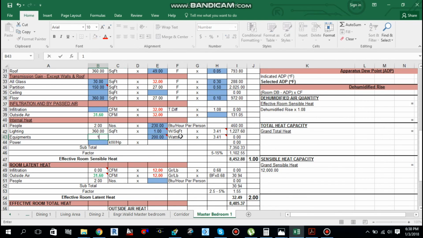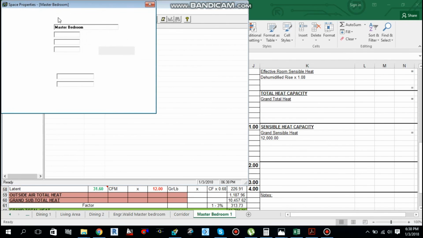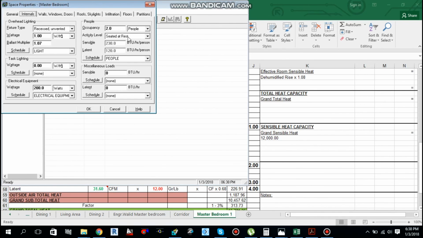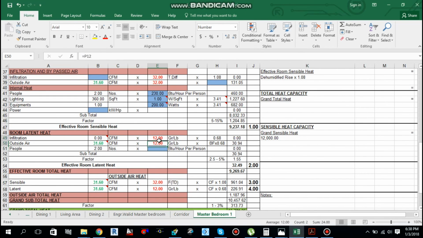Only one equipment is there, so we can add one equipment over here, and 2 people. The latent from the app is 120, we can use over here.